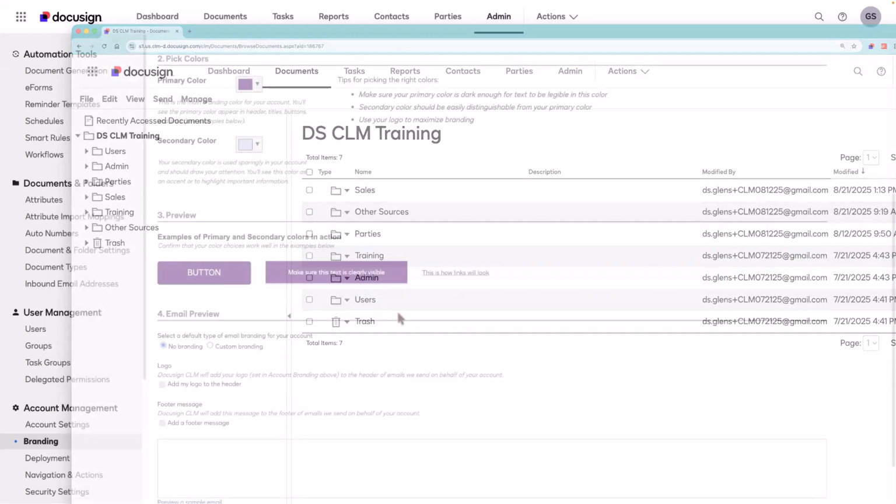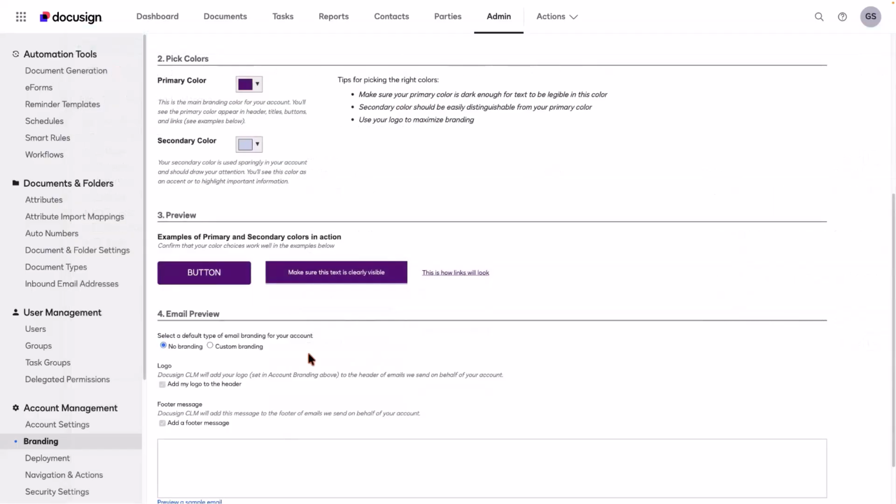that's the color I've chosen as my secondary color. Now, buttons occur all throughout both the CLM application and in your outbound emails, and the colors that we chose above will be reflected in these buttons. Now note that primary color that we saw before is used for the button color as well as the link color, like you see here.